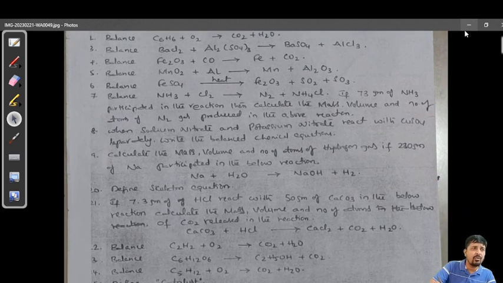Now we are going to solve question number 17. Balance NH3 plus Cl2 gives rise